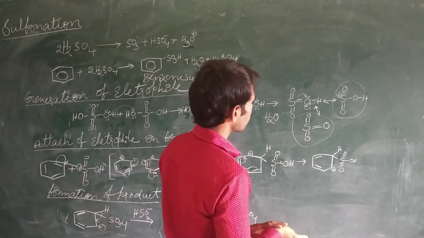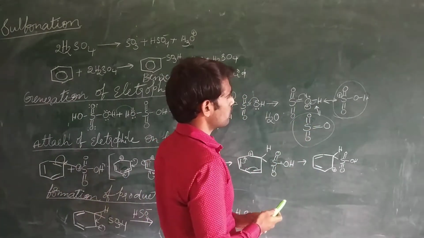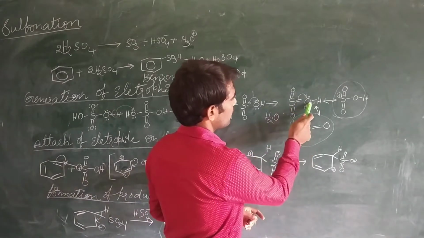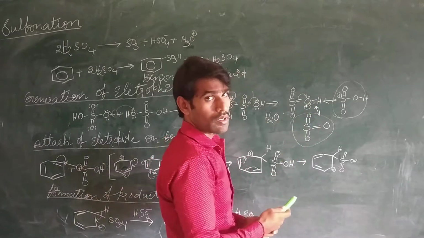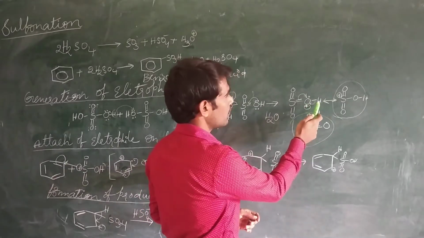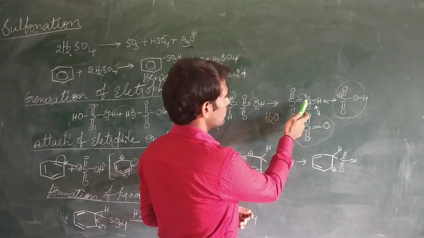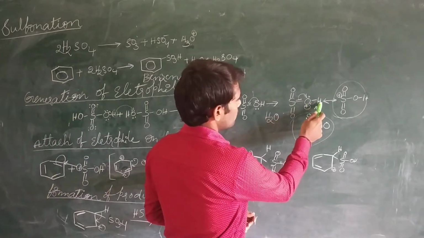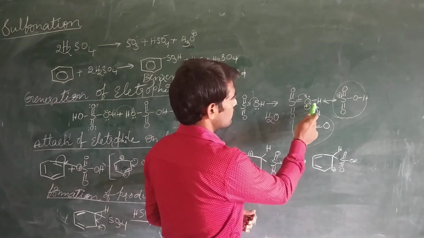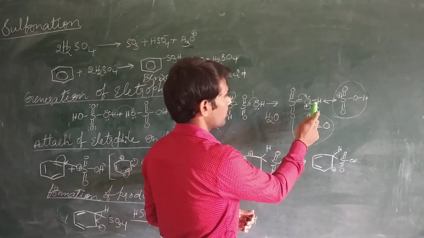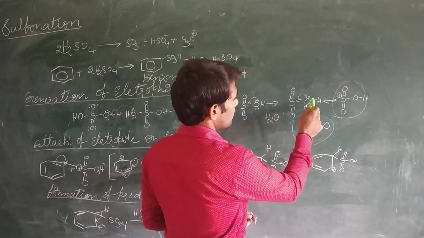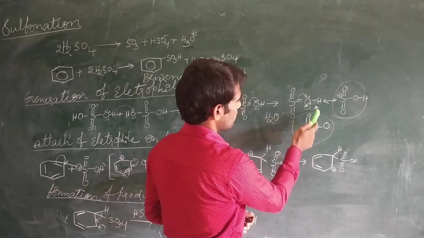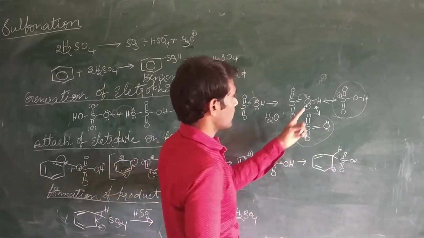Now here we have 2 cases. One is that, due to the presence of positive charge on the oxygen atom, oxygen can break the bond between the oxygen and hydrogen and withdraw its electron from the hydrogen. One electron is given to the sulfur atom, and that electron may be taken from the hydrogen atom. So the bond between oxygen and hydrogen will be broken, and H is liberated as an H plus ion. And now oxygen is getting its lone pair of electrons back.